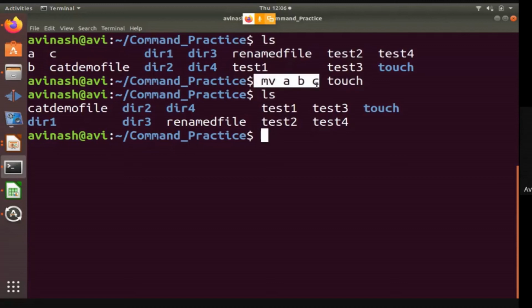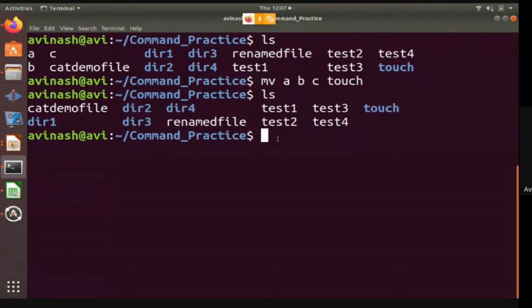What command have we used for moving the files? mv A B C touch. Touch is the name of the directory. Here touch is the name of the directory. It is not a command. Understand it. We should not have named this touch, but let it be. So mv is the command which is moving files named A, B, C to a directory named touch.